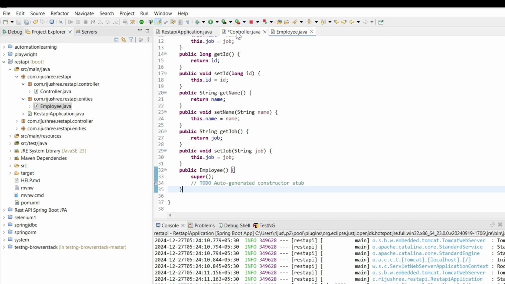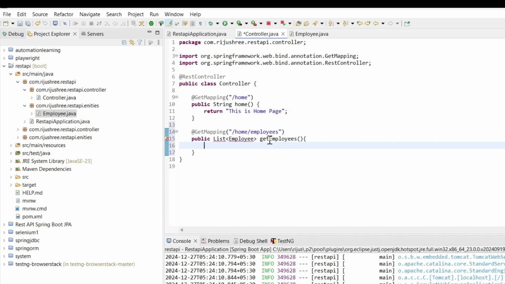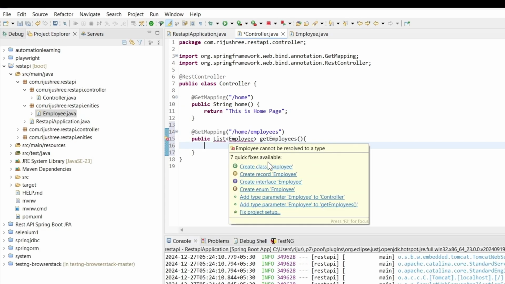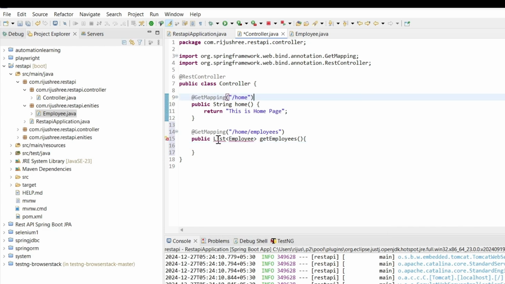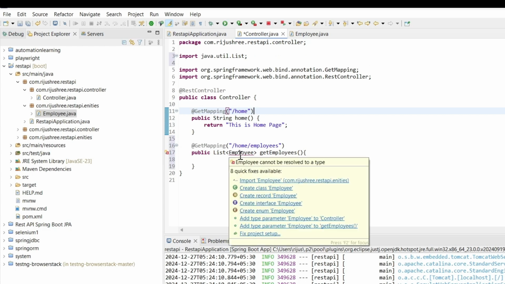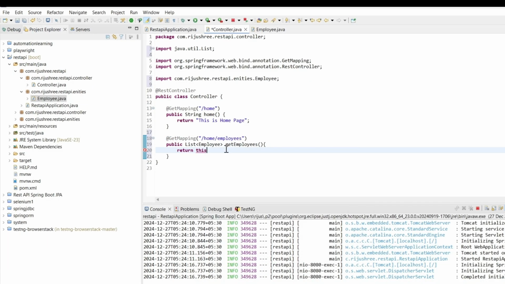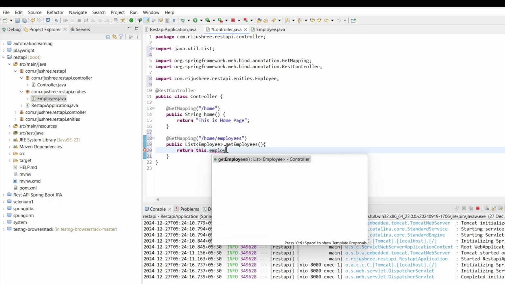Let's save it. So we can import this Employee class in the controller now. And after that, we will mention the method name getEmployees. As you can see, a red mark is here because we have not imported Employee. But before that, I will import List from java.util. And also I have to import Employee from com.registry.restapi.entities. And here I have to return this dot employee